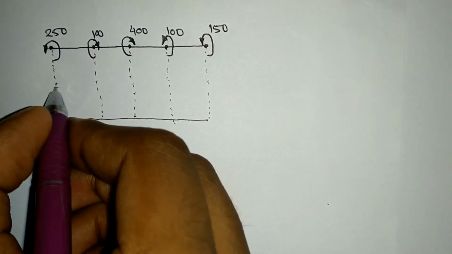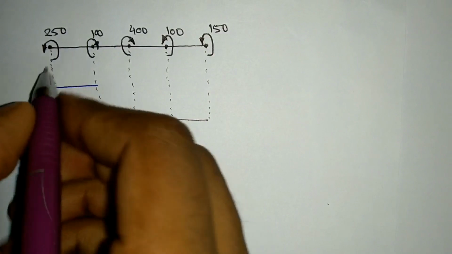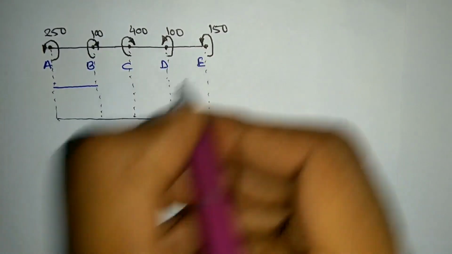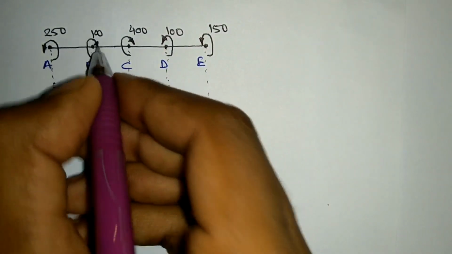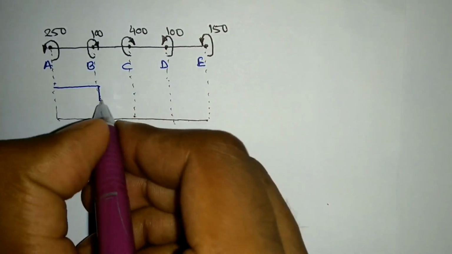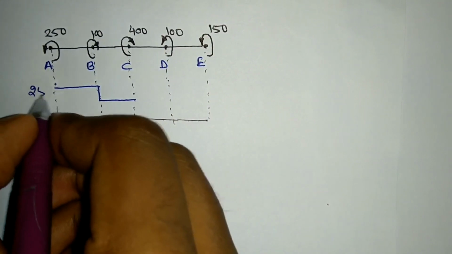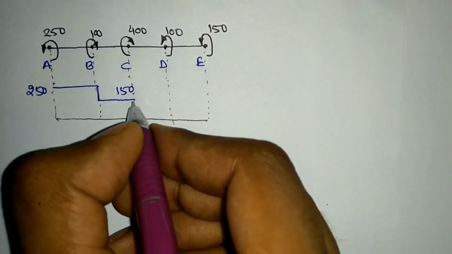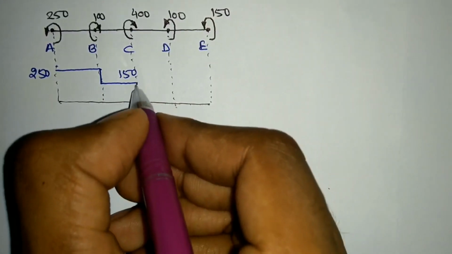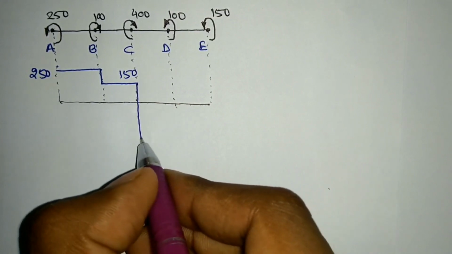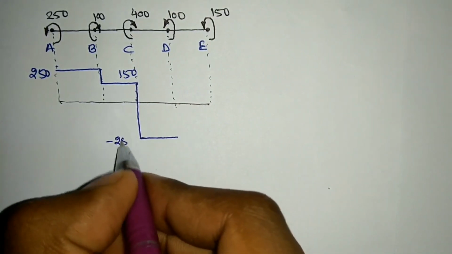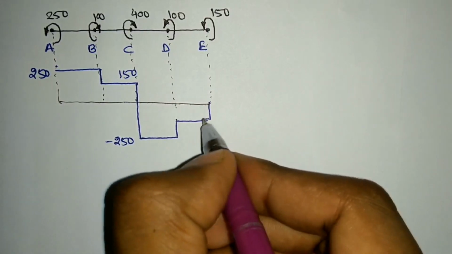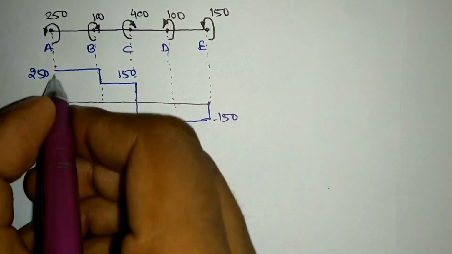am assuming that this is my 250 positive side, okay, from here to here, from point A to B, it is going to be 250 only, okay. From B to C there is a 100 in opposite side, so it will become 150, okay. So it is 250 here, it will become 150 here, right. Then there is a 400 opposite side, so it will become minus 250 on opposite side, so it has become minus 250 here, right. And after that there is a 100, so it will become minus 150 finally, and that is our torque diagram,